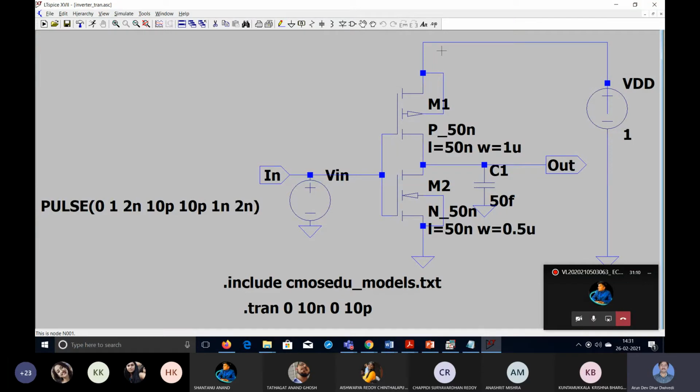So here it is similar. This circuit is similar to the circuit for the VTC plot. One PMOS is on the top side, one NMOS is on the downside, and the gates are common, and the drains of both the transistors are connected. The source of the PMOS is connected to the highest supply voltage VDD, and the source of the NMOS is connected to the lowest potential point of the circuit.